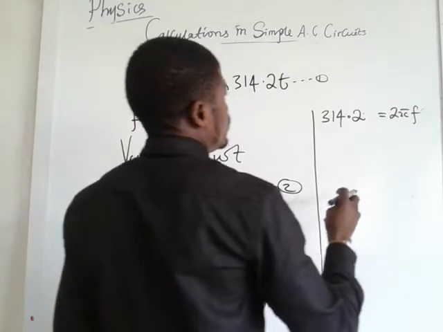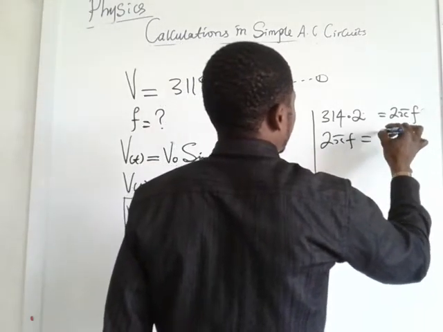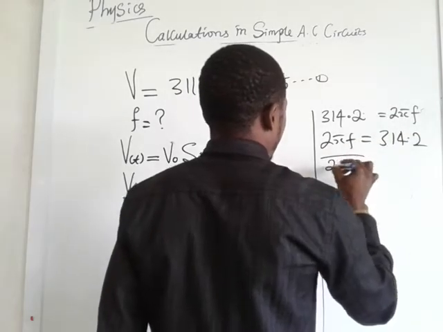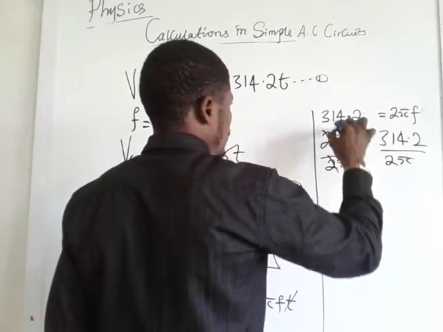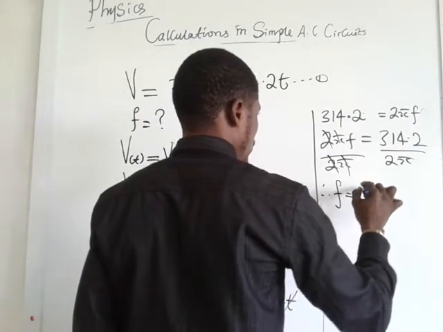So, what are we left with? So you have 2 pi f is equal to 314.2. Divide both sides by 2 pi. This goes, this goes, this goes. Therefore, your f is equal to